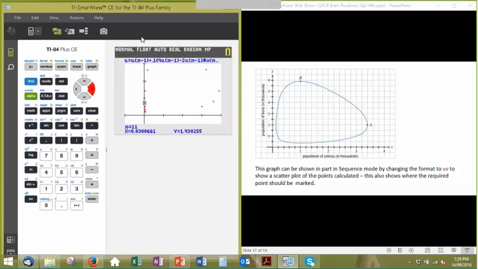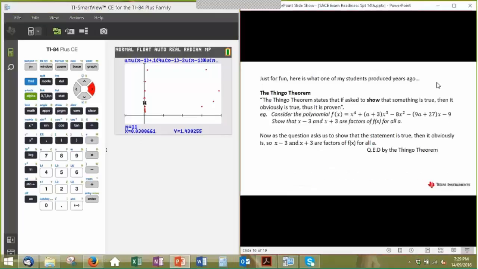And I don't think many people take advantage of this either. I could probably redo that exercise, making that h value less than 0.1. If I changed that to 0.01, I'd get a whole lot more points, and I'd probably get a graph that looked pretty much like that as a scatter plot. But that's quite a neat little question, I think, if you know how to do that.